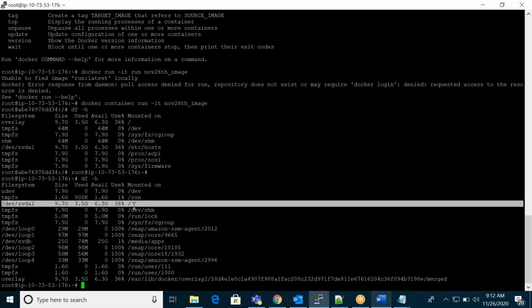If you don't define anything, by default your containers use your Docker host resources. Here we can create our own volumes and mount them, maybe external or internal storage, into your container.